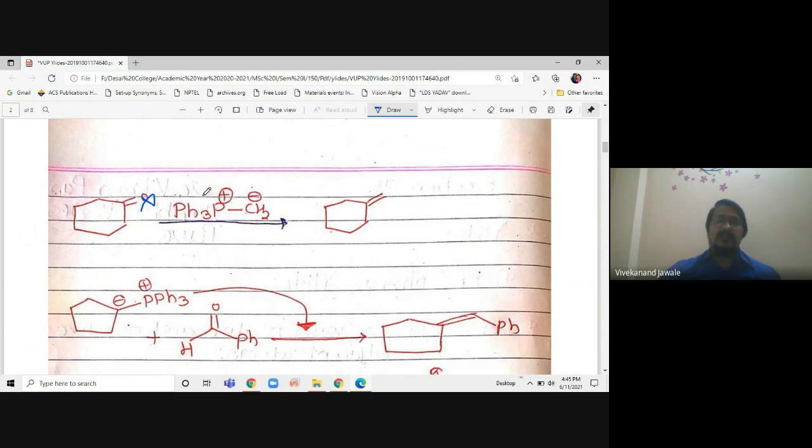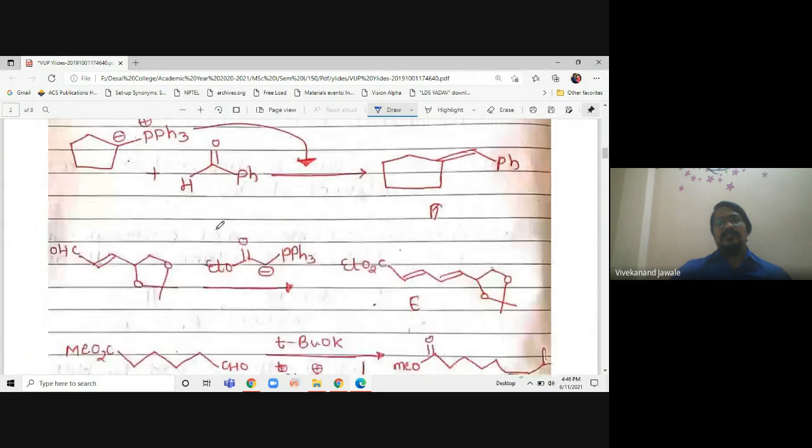So while solving the question paper, just go through it, and if you find that on the arrow there is a PPh3 with a positive charge and a negative charge, then an ylide is there. Many times what they will do, they will satisfy the positive charge here, attach this into there, and just form a double bond to CH2. So this is also a phosphorus ylide, and PPh3 is common. So PPh3 double bonded to CH2. This is also ylide. This is also ylide. So this is not that difficult to understand.